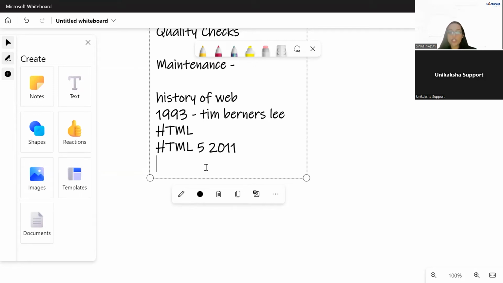But it started to change in 1994, when another programmer, his name was Hakon Wium Lee, proposed CSS, cascading style sheets.